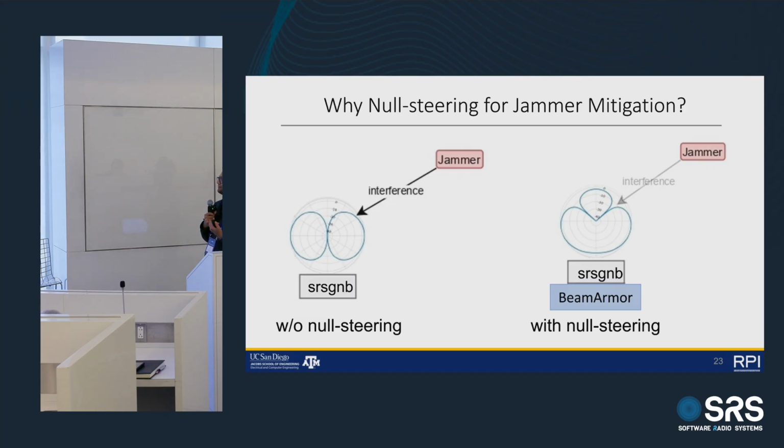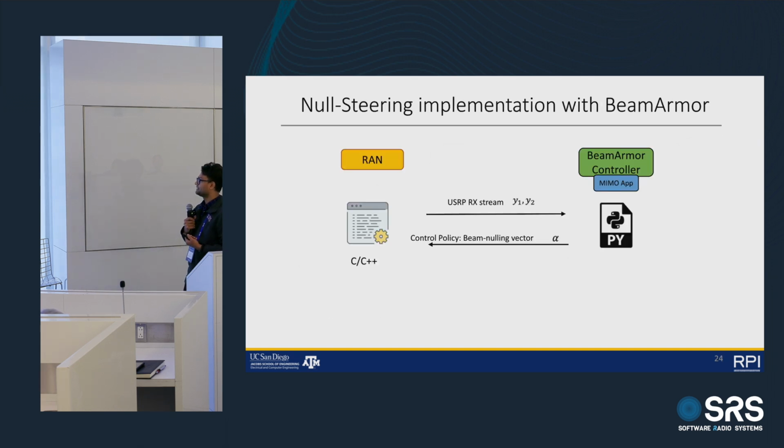Very simply, if you have multiple antennas, you can create a null towards the jammer direction to nullify the effect of interference. We built this policy using the EdgeRIC controller. So on one hand, you stream the wireless channel, or in this case, we have been streaming the IQ data from multiple antennas. If you have two antennas, Y1 from antenna 1 and Y2 from antenna 2, you can send it to the controller. It will create a policy, it will create a beamforming vector alpha, and that will create the null. So if you have two streams, then simply applying the beamforming vector will create the beam nulling application.